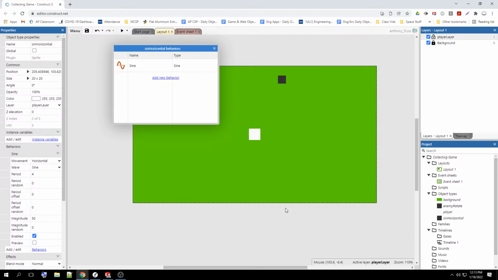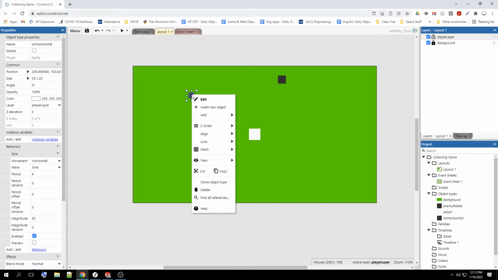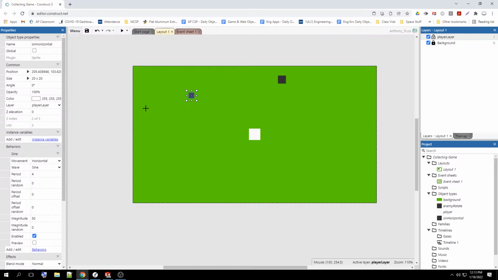We're going to clone the enemy. Okay, so you need to right click on the enemy. Cloning is different than copying. All right, so you're going to right click on this and you're going to go down to clone object type. What it's going to do is it's going to make another sprite that's not going to be linked to its partner. Okay, so once you clone it, you need to change the name to Sine Vertical. So if I type in Sine Vertical up here, we have a Sine Vertical, a Sine Horizontal,